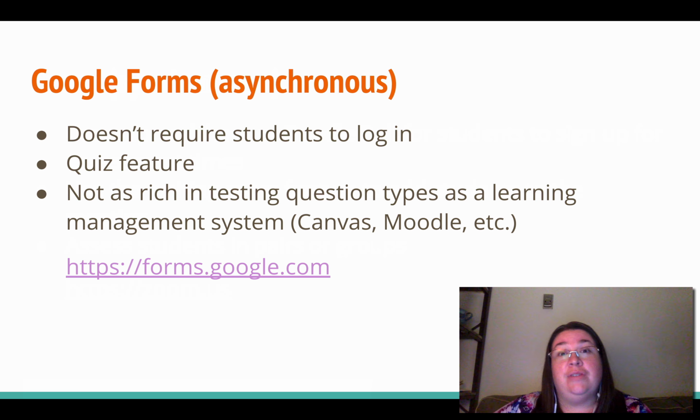But you don't have to have a learning management system in order to use it. So you can plug it in to whatever website or learning management system you have. It also doesn't require students to have an email address. You can make that feature available so that you can reply to your students from the Google form, but it's